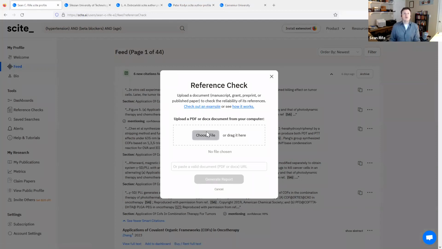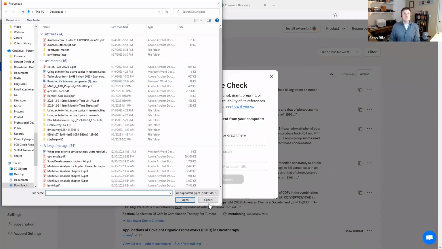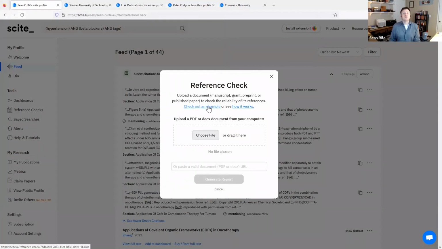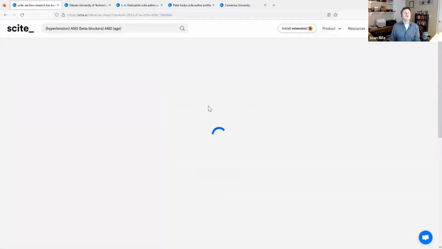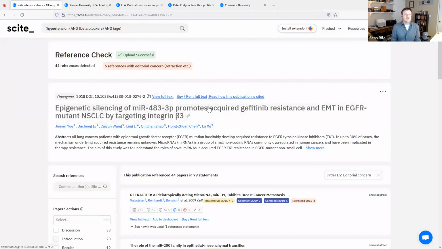For what reference check does, hang on a second, let me go to the checkout example. There we go. The reference check feature allows you to upload a PDF or a docx file, so a Word document.